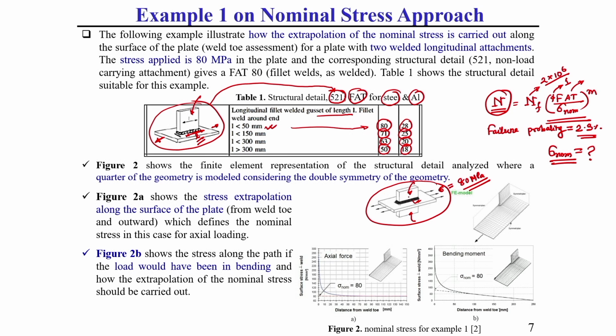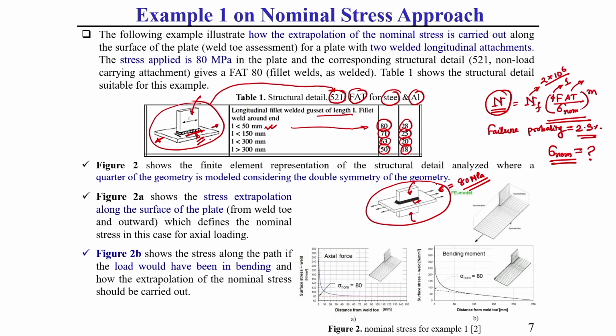You see, these types of double gasket geometry are not generally available in tabular form, but as I told you, if exactly similar geometry is not available, then you should consider what closer type of geometry data is available for the FAT class, and use that data for fatigue life calculation. So, whatever data is provided in this table 1 and this example shown here, this geometry is closely related to each other, that you should keep in mind.